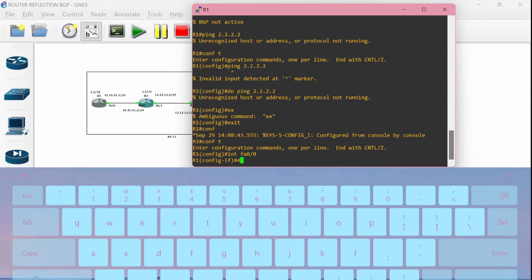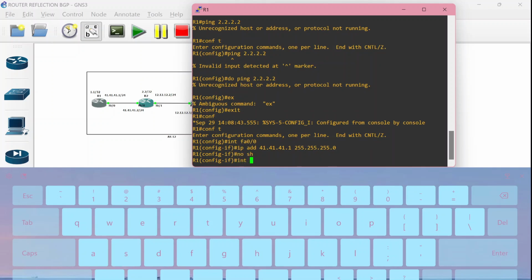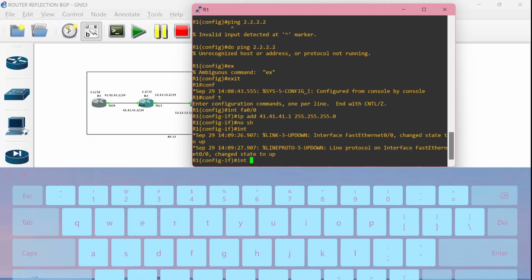For the first, in router number 1 we can make the IP 41.1 on interface FastEthernet 0/0, with .1 and slash 24. And now no shutdown to turn on the port.